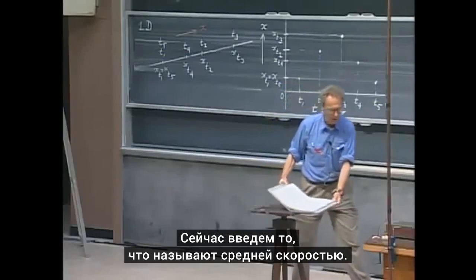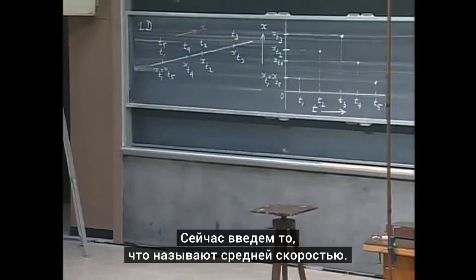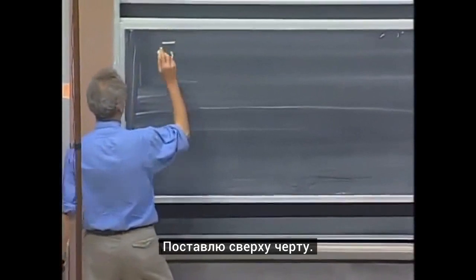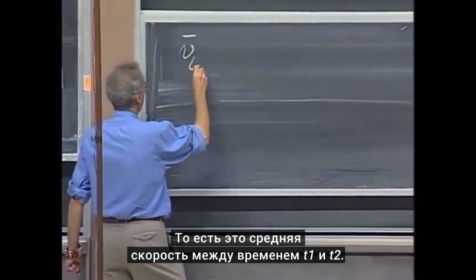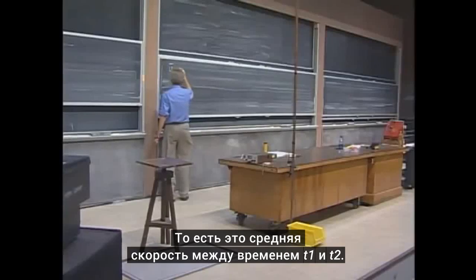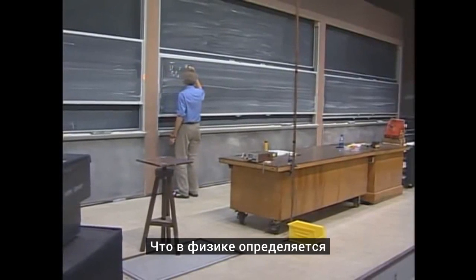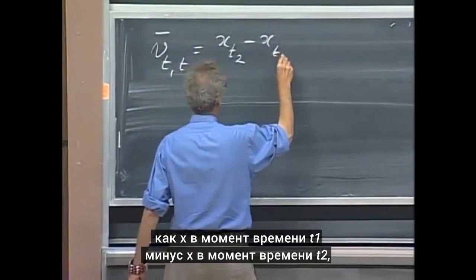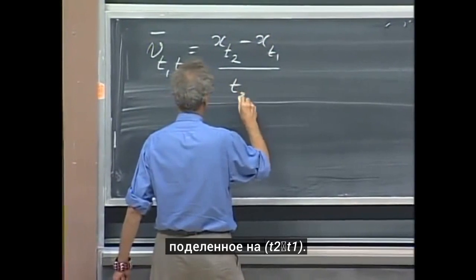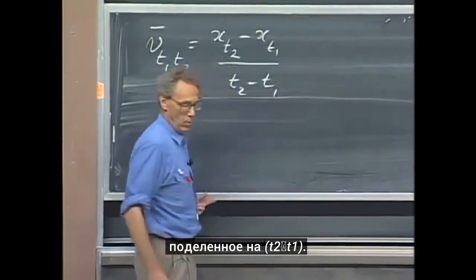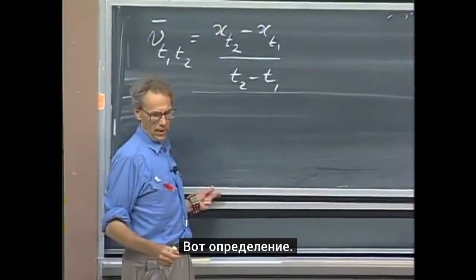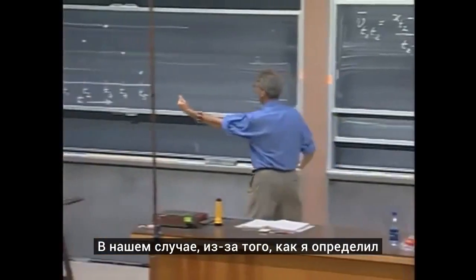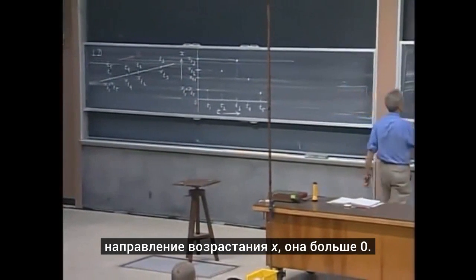Now we will introduce what we call the average velocity. I put a bar over it. That stands for average. Between time t1 and time t2, that we define in physics as x at time t2 minus x at time t1 divided by t2 minus t1. That is our definition. In our case, because of the way that I defined the increasing value of x, this